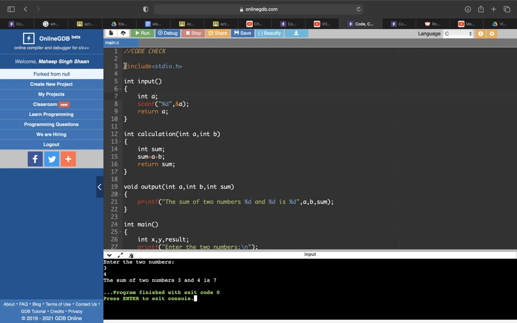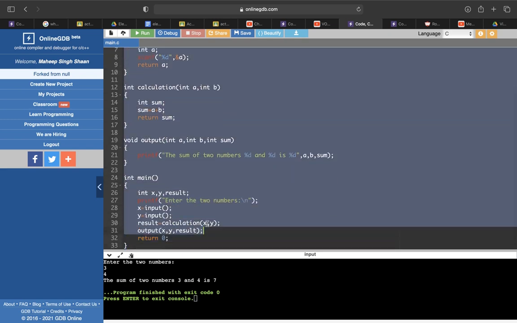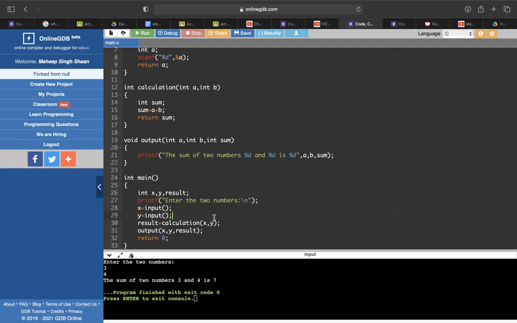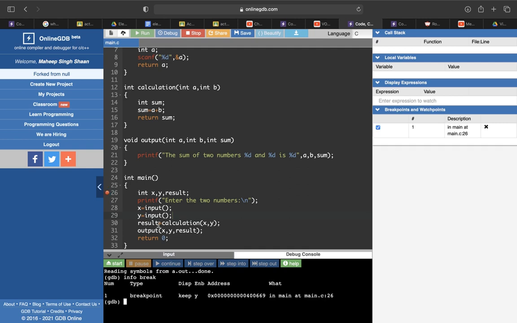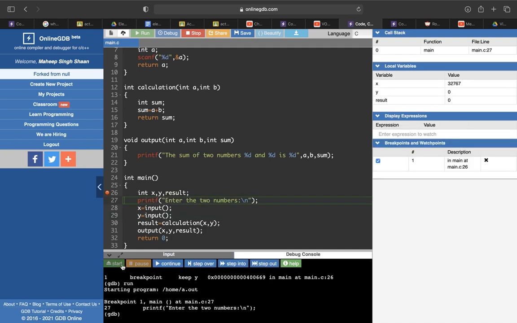Okay, so now when you talk about checking a code with functions, you are supposed to put your breakpoint, that orange or red colored dot, inside the main function, the int main function. Okay, this is the breakpoint. Again I go for debug. If there is an error in this code, it will immediately show me. But luckily there's no error here. Thank God. So what I'll do is I'll start. Okay, I started. I'm supposed to step over.